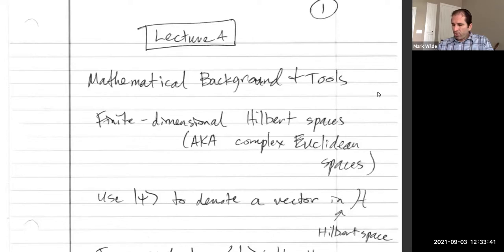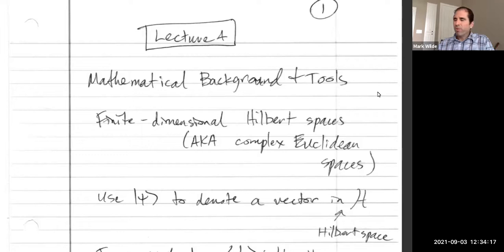And the objective of the course from now on is to get to the point where we could look at questions like those that Shannon considered, but now we're going to try to model the channel as a quantum communication channel. And not only could we try to send classical data over that channel, but we could try to send quantum data. So to get to that point where we can discuss such topics, we need to go through a fair